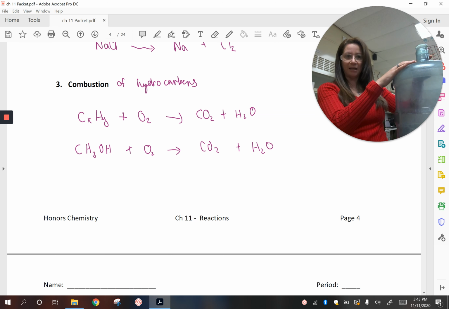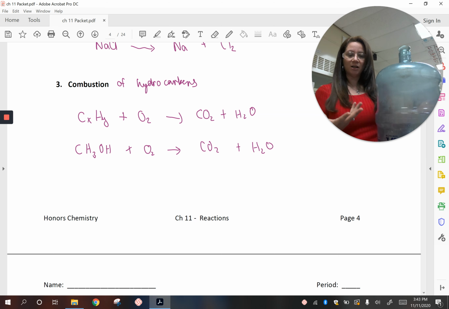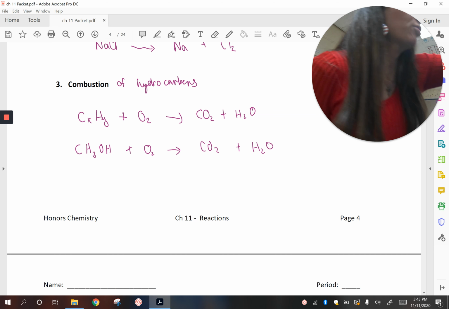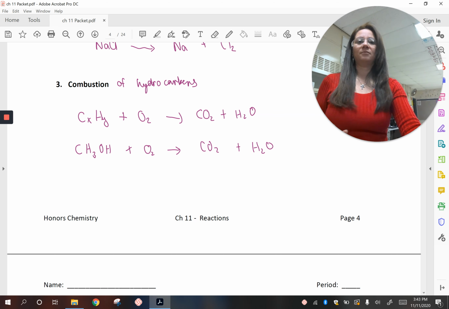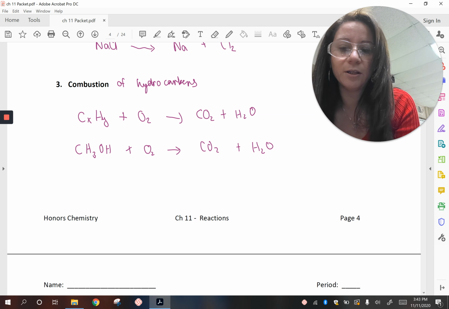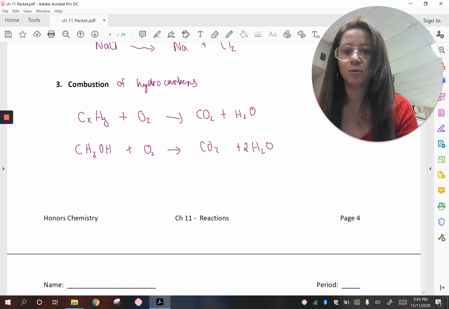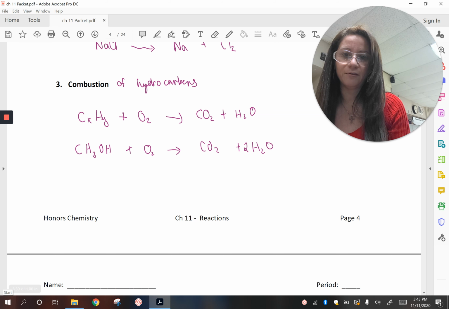So if I try to relight it, it's not going to really do anything because there's no oxygen inside. It's all filled with CO2 gas and some water vapor. So let's try to balance this. So we would need 1 carbon, that's good. 4 hydrogens on this side, so we're going to make that a 2. And then for the oxygens, I have right here